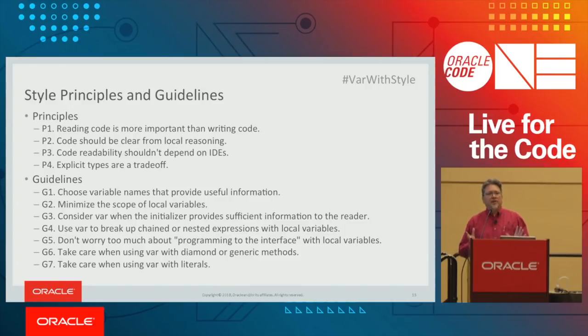And the final thing is pretty subtle, but basically using explicit types in a type declaration is a trade-off. Various people make pronouncements like, Java's a statically typed language, the type system is the most important thing. You must have the explicit type because otherwise it's not Java anymore, it's essential, and so forth. Very absolute statements. Sometimes it is, sometimes it isn't. It depends on what's going on in the code, and it depends on the context of that code. Sometimes the explicit type is not the most important thing. All right, so